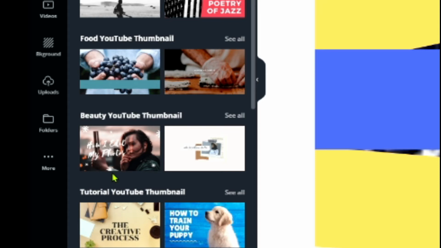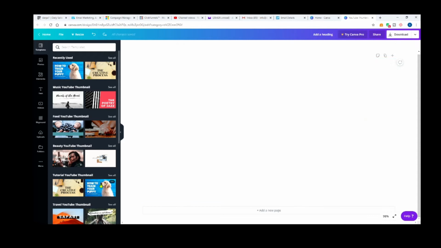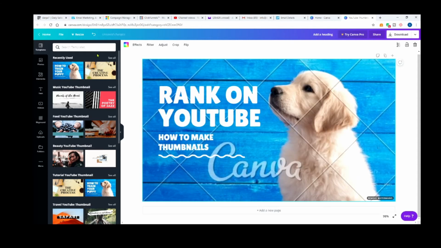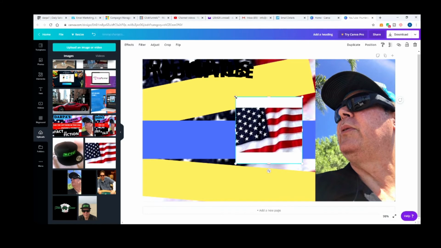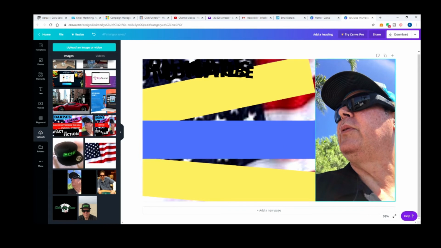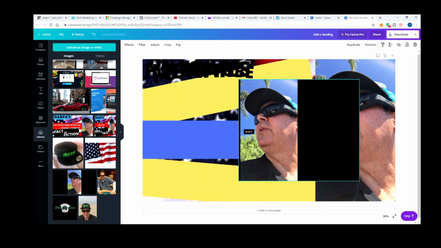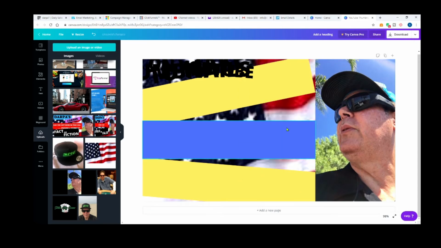So these just give you ideas, but you can actually bring it in. So I used tutorials. So I put that one in there first. But I just deleted everything and just used the canvas. And then I put the flag in, and I just stretched it out so that it was part of the background. So once I got the background, then I took my picture, which is another upload, which is right here, and then I just used it, and I just put it in there like that. Just did some real quick cropping, and then that being said, now you just have to get your elements.